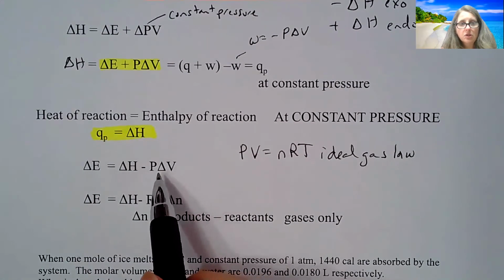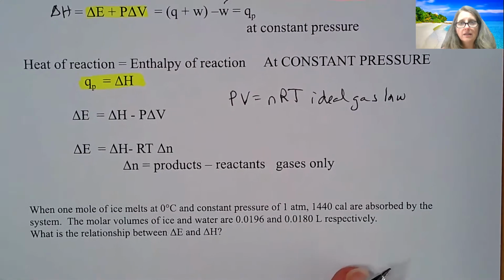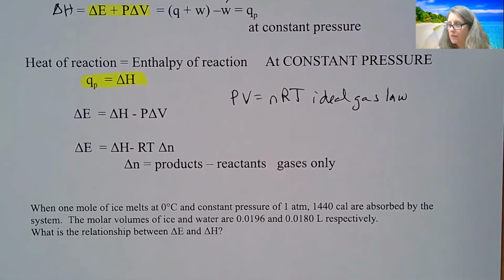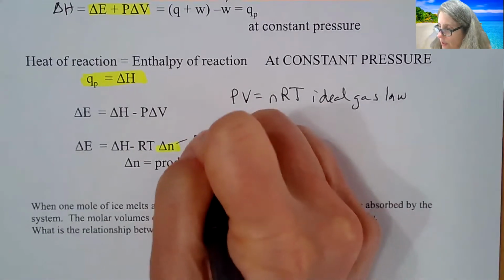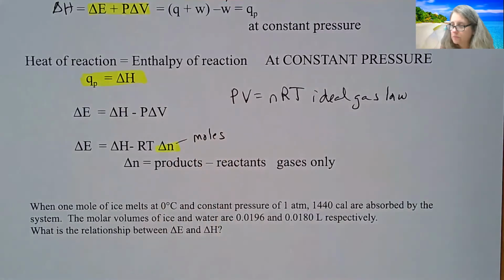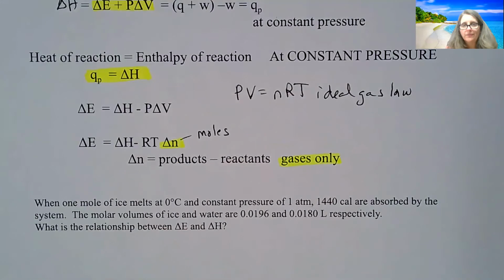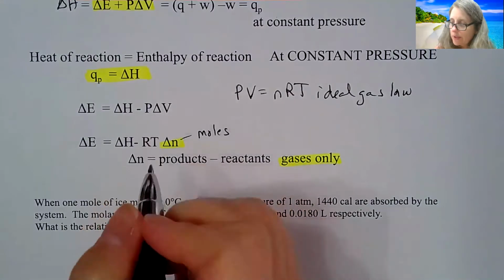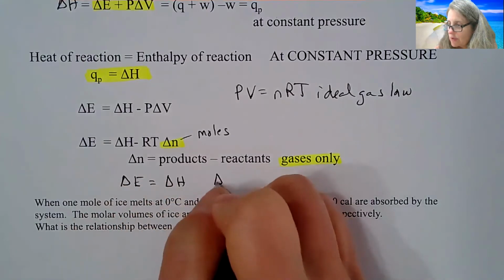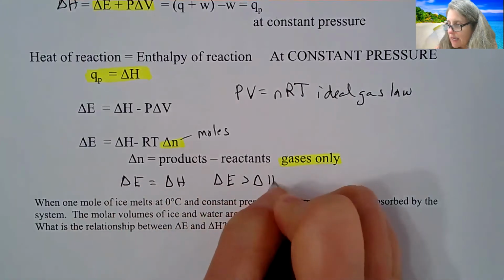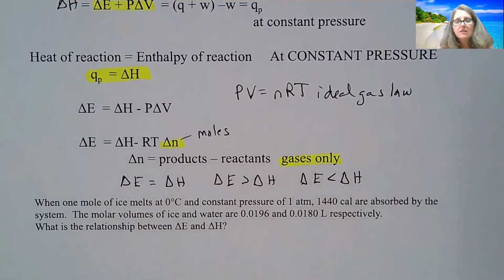I'm going to substitute P and V for nRT. Why I'm going to do that is because I could easily look at what I call the number of moles of gas. So this is moles of gas in the equation, okay? And this only applies to gases. So what we're going to really explore here is not the calculation itself, but what is the relationship between delta E and delta H? What I'm going to have you do in these next two problems is figure out,